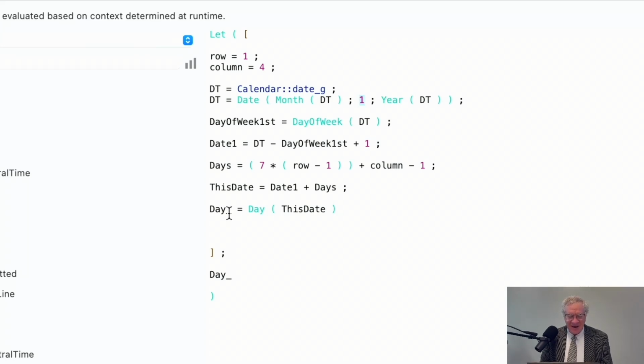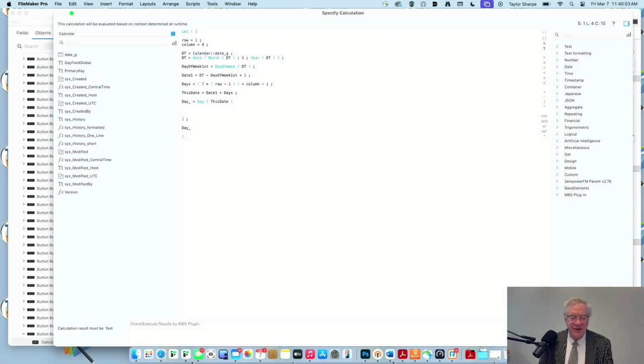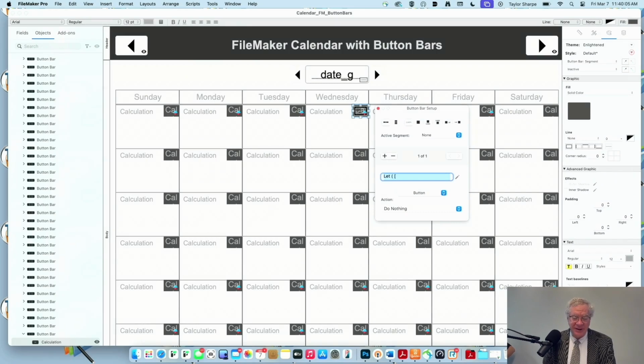Now, we have the columns and then what day it is, time plus minus whatever the row is, to figure out what the day is. It's just a little calculation, but it's the same for all the rows, and the only thing you're doing is you just change the row and the column based on where you are on the calendar grid, and it gives you the day for that particular one. So I futzed around with that for a little while and got the formula working, but it's just a FileMaker calculation formula. Once you have the formula, it works.